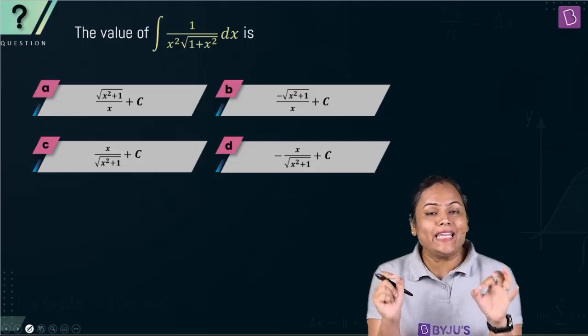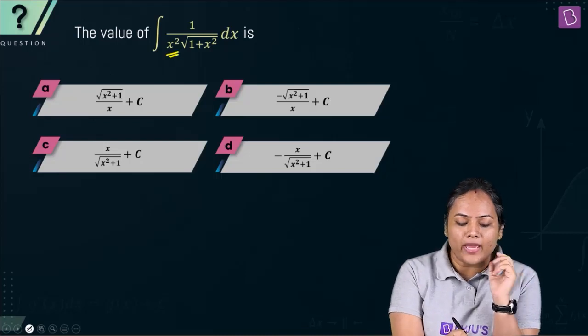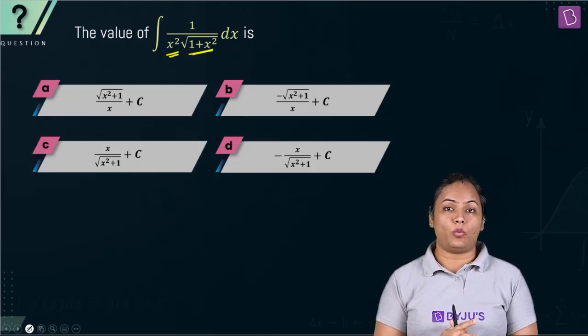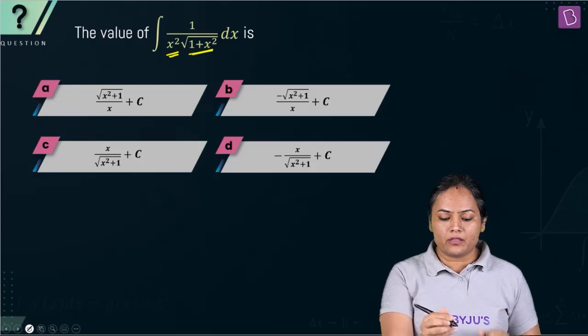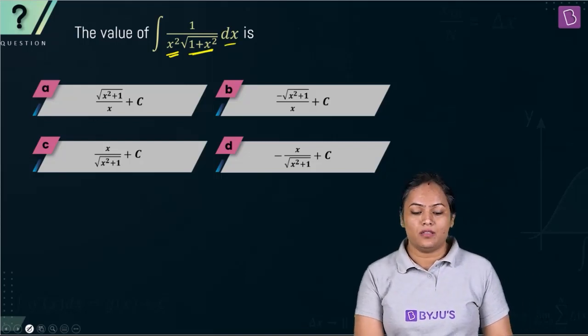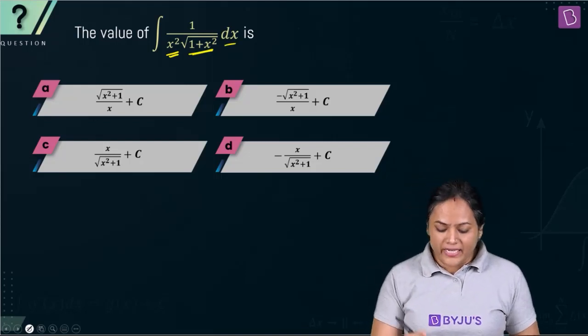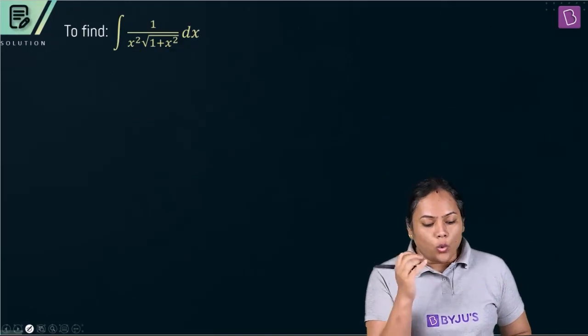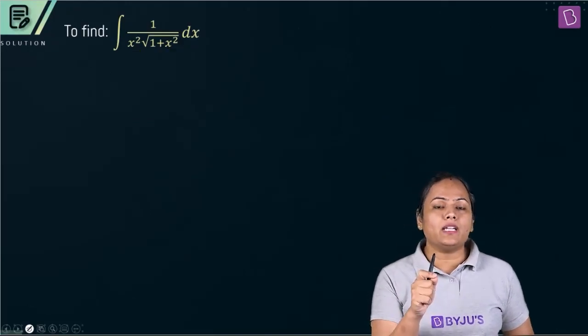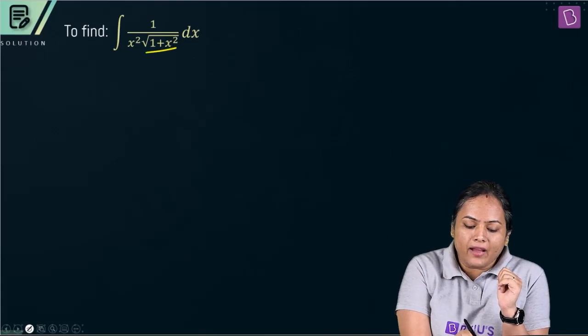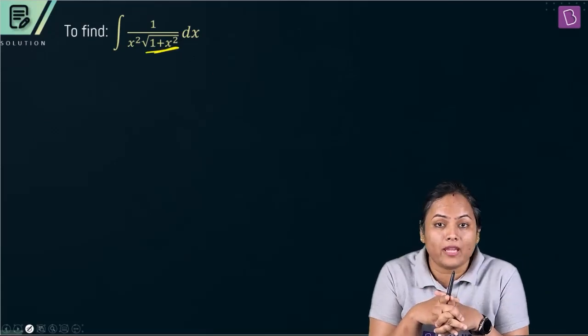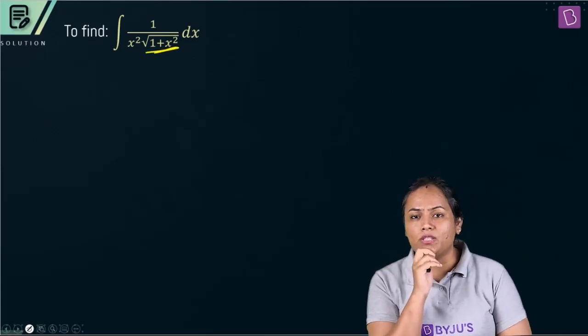We have the integral of 1 by x times root over 1 plus x square, both the terms in the denominator, multiplied by dx. Okay, so how can I integrate this part? Well, to integrate this part, since I have root over 1 plus x square and we have learned substitutions, especially